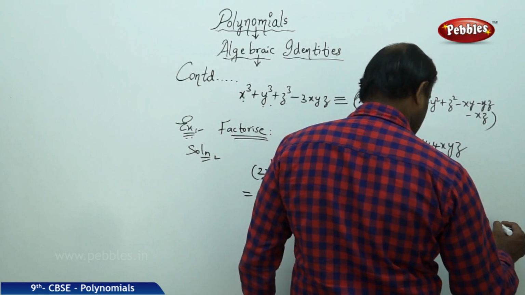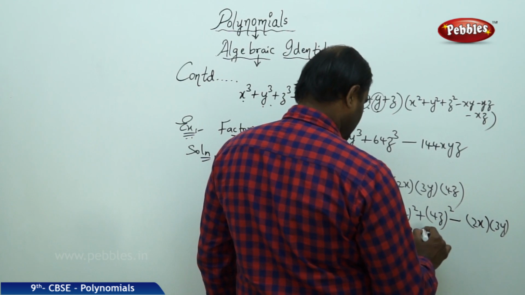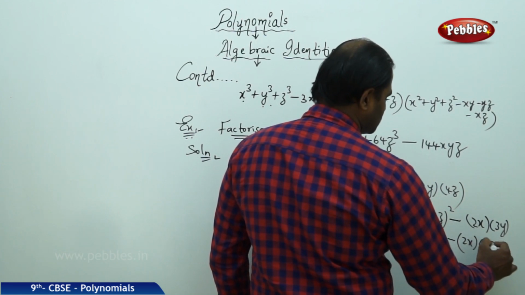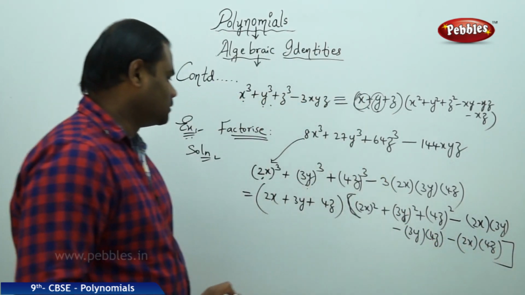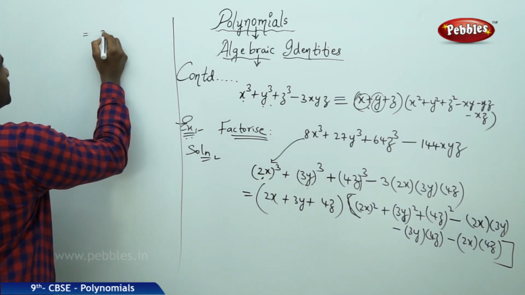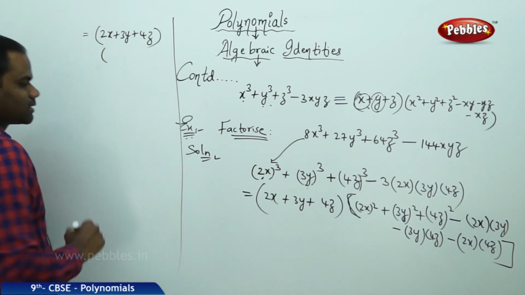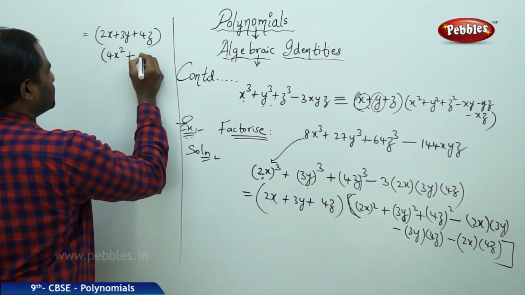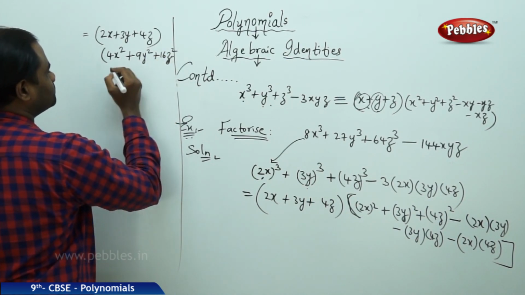So 2x, 3y, minus 3y, 4z, minus 2x 4z is what we get when we expand through the formula. This can be further simplified so that I get the first factor being 2x plus 3y plus 4z, and my second factor being 2x whole square, which is 4x square, and 3y whole square, which is 9y square, and my 4z whole square, which is 16z square,